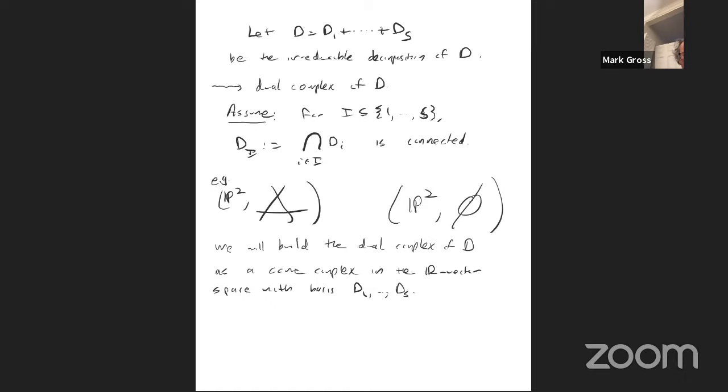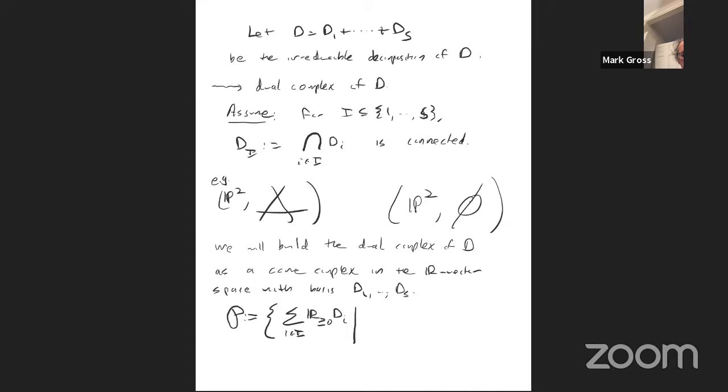And in particular, let me define P. This will be a collection of cones. It will be the cone generated by the D_i for i in I, so the sum of R greater or equal to 0 times D_i,